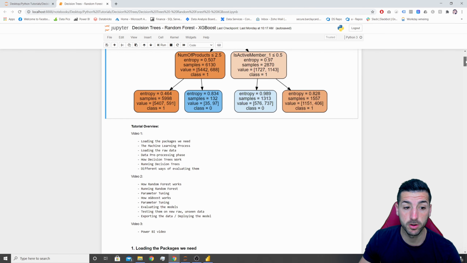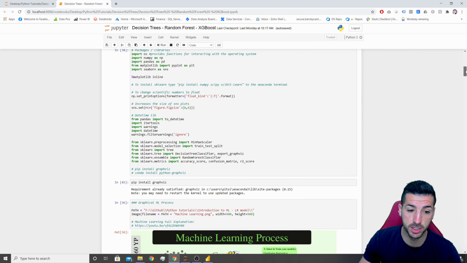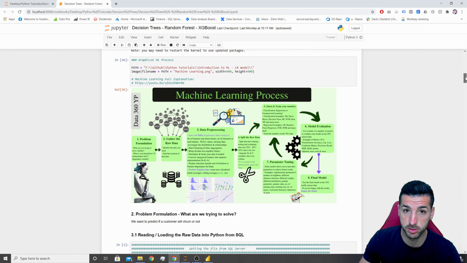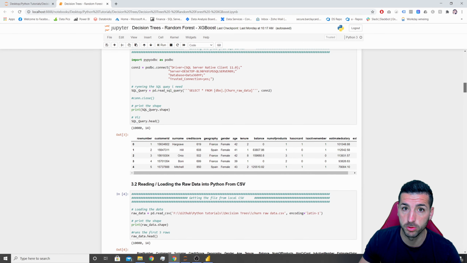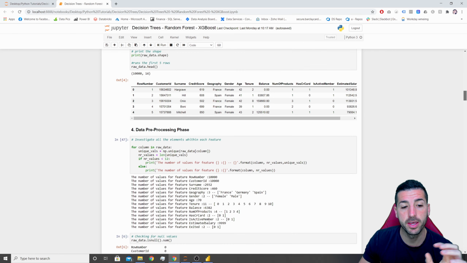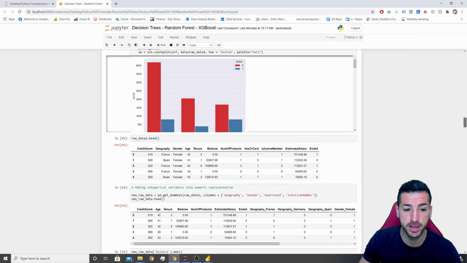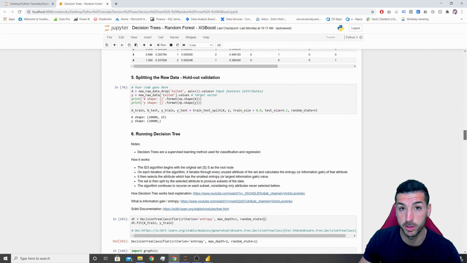In the first video, we went through the packages we need for this tutorial, the machine learning process we're going to follow, what's the problem we're trying to solve, and how to load raw data into Python. Then we went through the data pre-processing phase. Then we explained how to split the raw data in X and Y. Then we went through how decision trees work, and then we ran decision trees, and then the different ways of